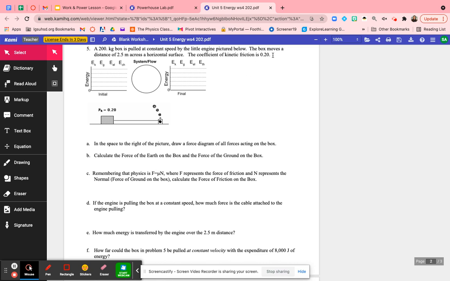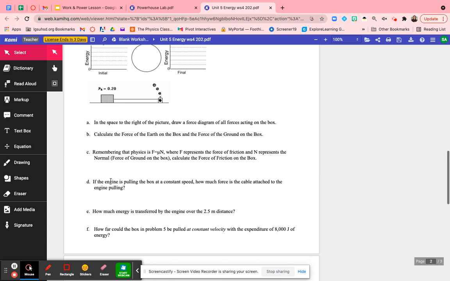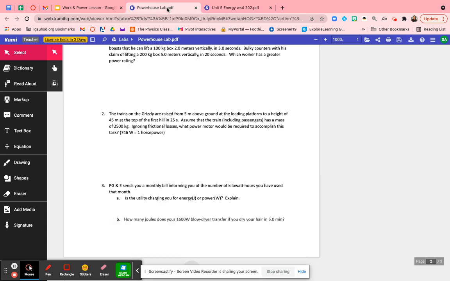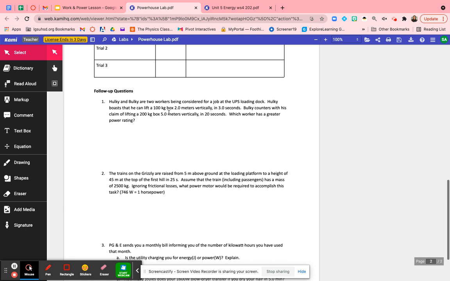Again, mu is your coefficient of kinetic friction, so it's 0.2. N is represented by normal force. So go ahead and do those calculations. You want to complete worksheet 4 and the Powerhouse Lab along with the follow-up questions before next class. The answer keys, like I said, are posted, so you want to correct them, make sure you understand them. And then